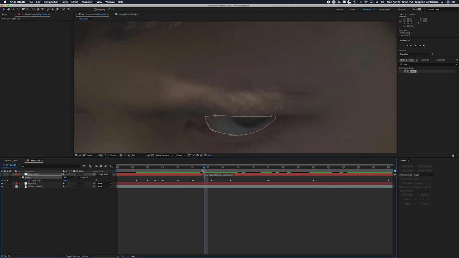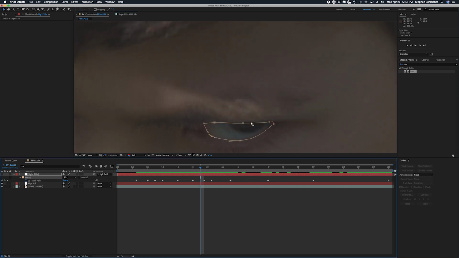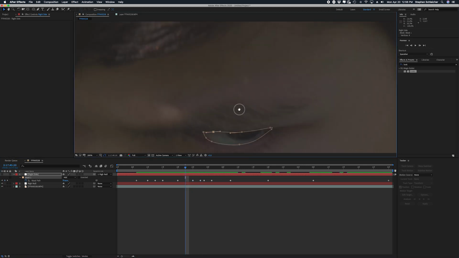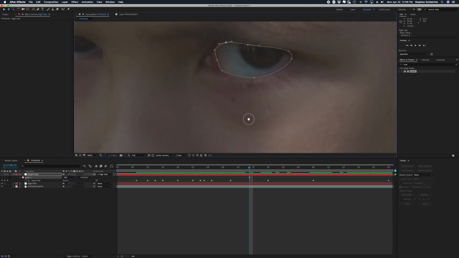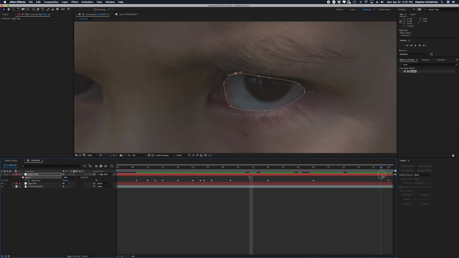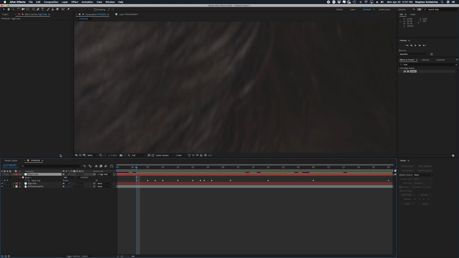Halfway in between. You want to probably pay closer attention to the reshaping of this mask during the actual major part of the movement, as his head is actually moving quite a bit, because I think that's where you're going to see a lot of the changes needing to be made. And just look for any obvious problem areas that are not being covered. That looks good. Halfway in between here, we're still looking good, and we should be good all the way to the end. So now if we turn the visibility on for this layer